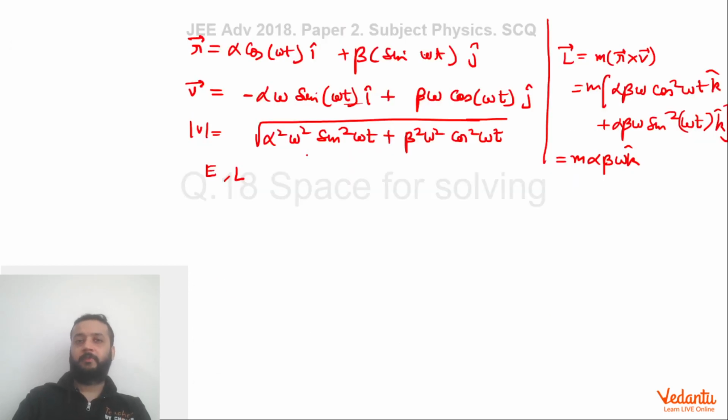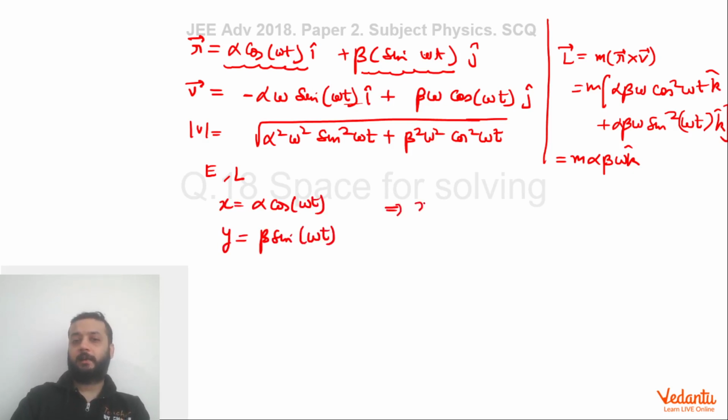So one more thing, we could have also thought of this motion as a superposition of two SHMs. This is one SHM happening along the x-axis, and this is one SHM happening along the y-axis, and they are phase shifted by pi by 2. So in this case, we realize that the motion comes out to be elliptical. And anyway, if you try to find the equation of trajectory, it will be elliptical in nature, because you can see the x coordinate is alpha cos omega t and y coordinate is beta sin omega t. So you can see that x square by alpha square plus y square by beta square is 1.